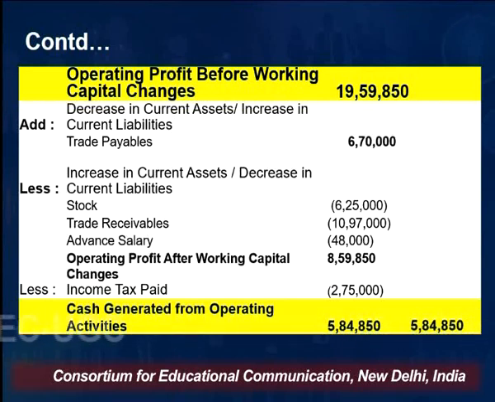We'll assume that cash must have been lost into it, because you have invested some money into stock, you have sold goods on credit, you have paid some advance salary, so cash must have been lost. After working out this addition and subtraction, what will you find? You will find operating profit after working capital changes, which comes to be 8,59,850. And then I have to pay income tax. Income tax payment was given in the question, 2,75,000, and this results into the cash generation from operating activity, and I found the net cash generated from operating activities to be